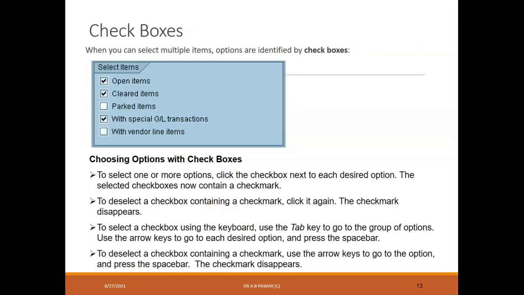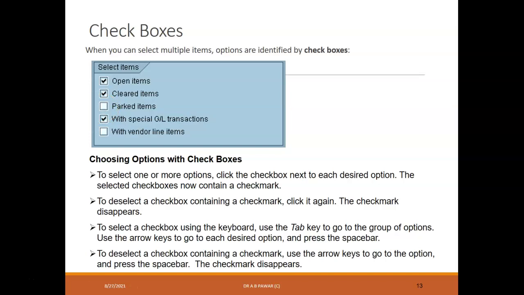Then to select multiple options or fields together, you will find the use of the checkbox. Here, you use the checkbox to select multiple options at a time. Suppose I want to select open items, cleared items, and special general ledger transactions; I can select these. Whatever option you want to select, you just click on that option, and once you click, you will find a tick mark, and then that option is selected.